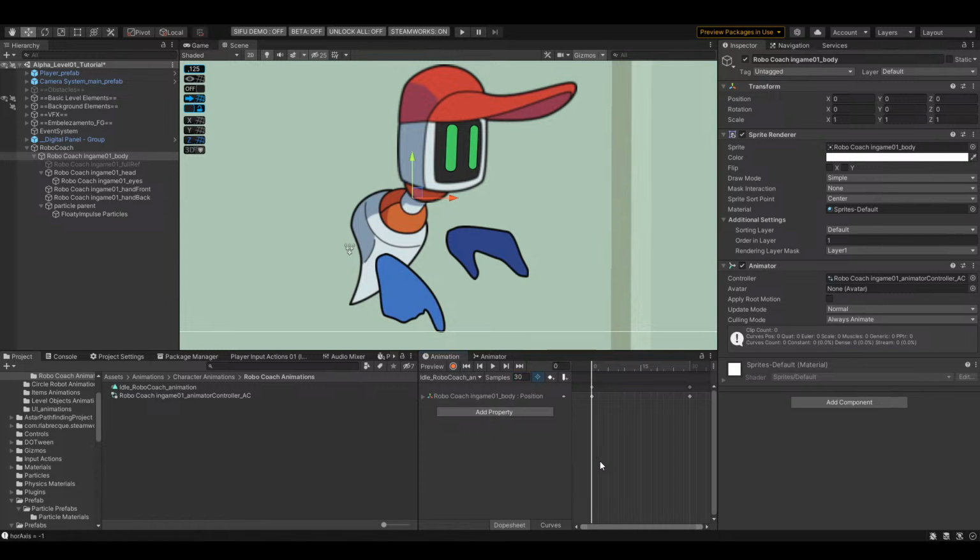The two hands, the position, and lastly the back hand, the position. Okay,